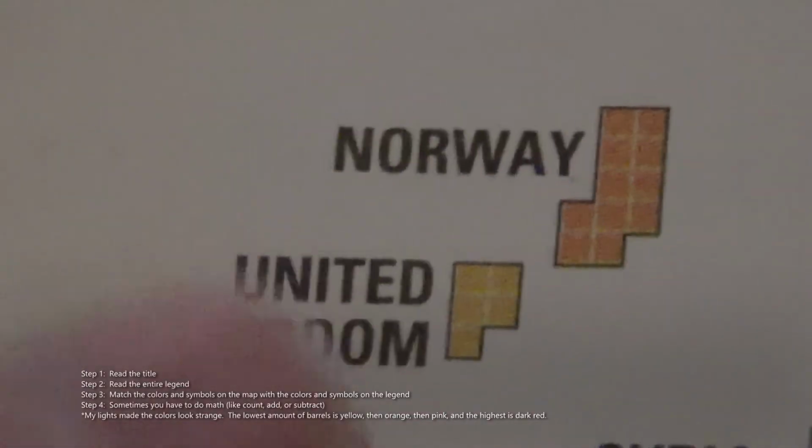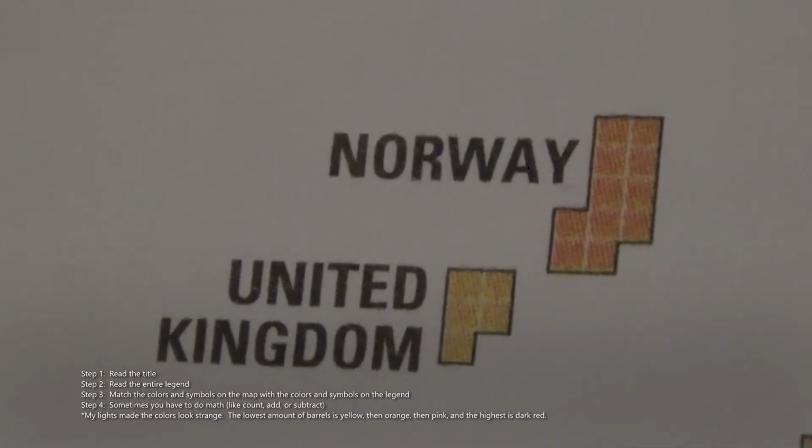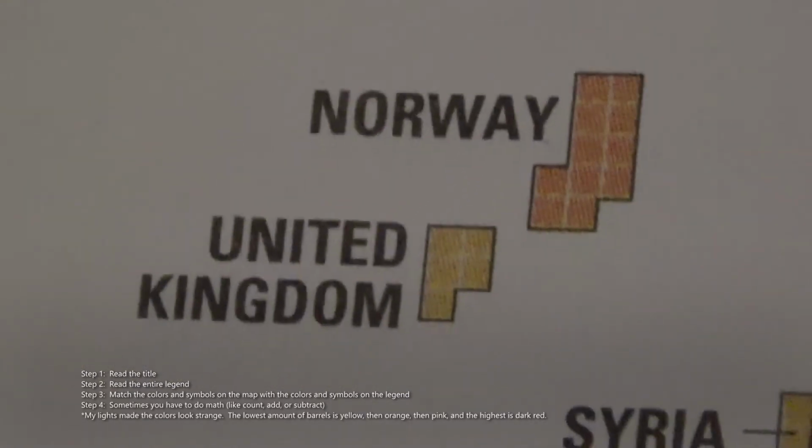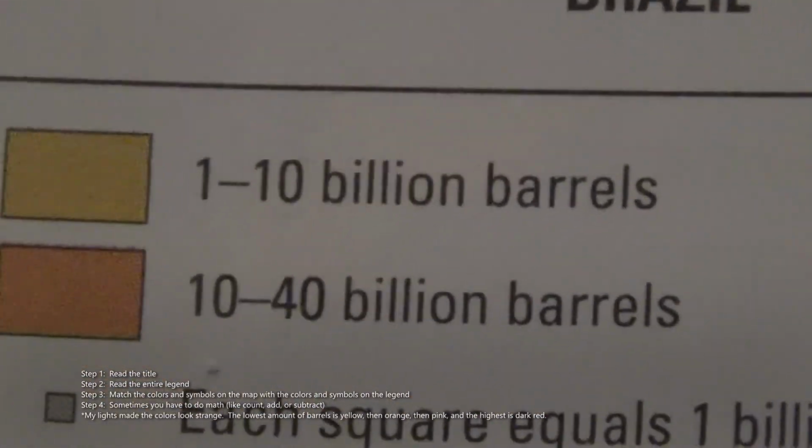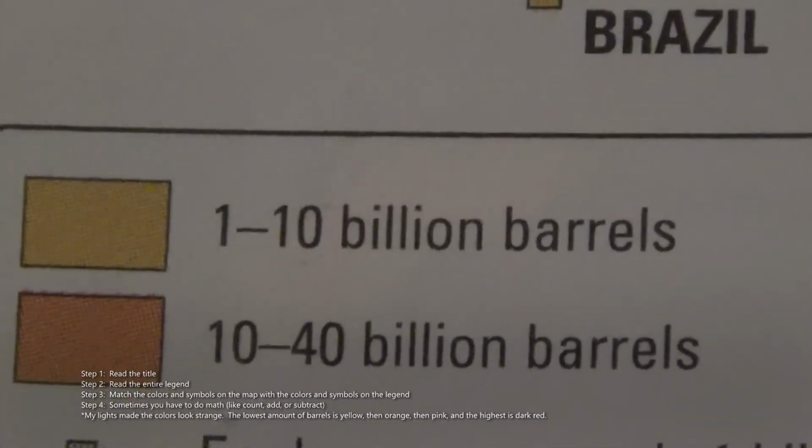It's in the same area, but it's not going to look like the United Kingdom because cartogram maps are not for the shapes of countries, and they're not for the sizes of countries. That would be for the political map. Now we already know that since it's yellow, or I guess we should say orange yellow, and the legend says that means 1 to 10 billion barrels,